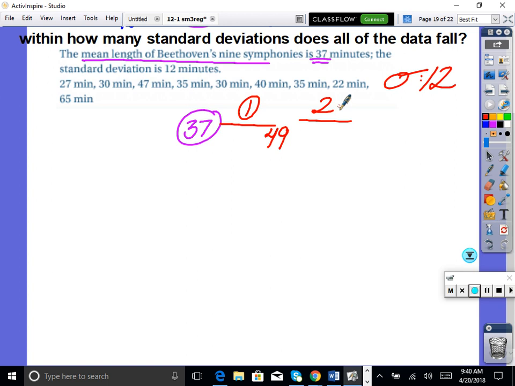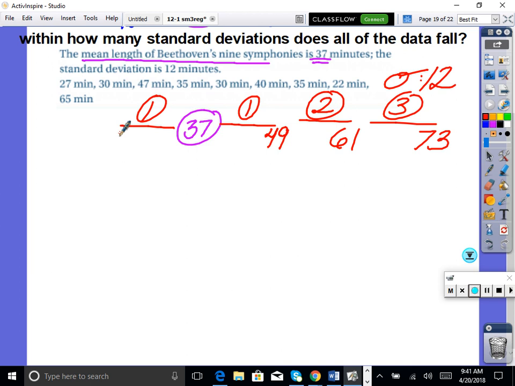Let's go 2 standard deviations. Let's go, for kicks and giggles, 3 standard deviations. Yeah, this didn't feel right for a second. 1 below. Okay, cool. 2 below. 2 standard deviations below. 13, and then 3 standard deviations below. Okay, cool. So now it says, within how many standard deviations do all of these symphonies of this